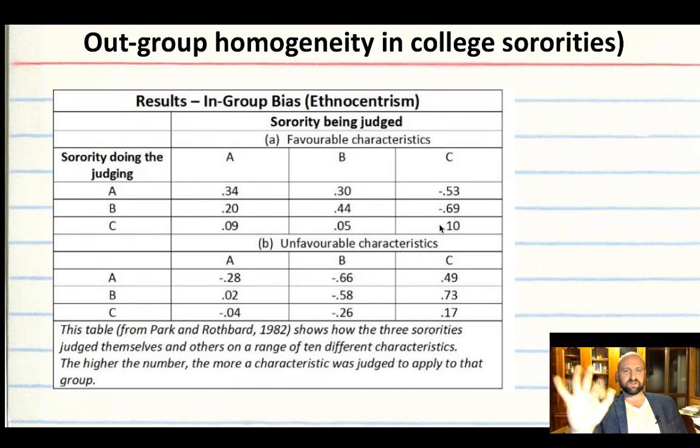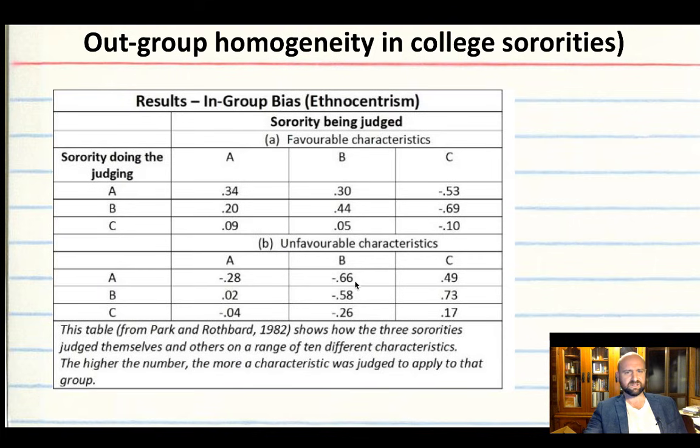So again, we've got 2 out of 3 of the groups demonstrating in-group bias when it comes to favorable characteristics. Now, here, unfavorable, the higher the number, again, means the more they demonstrate those. A judging A, not so bad. B, they're actually saying, yeah, B are really good people. They're not those characteristics at all. C, yeah, very much so. So I'm sort of seeing a trend here with poor old group C, sorority C. But anyway,